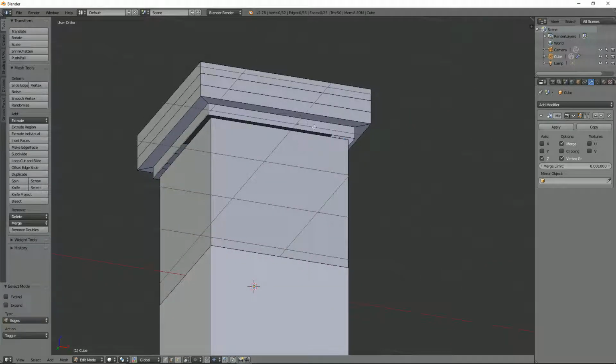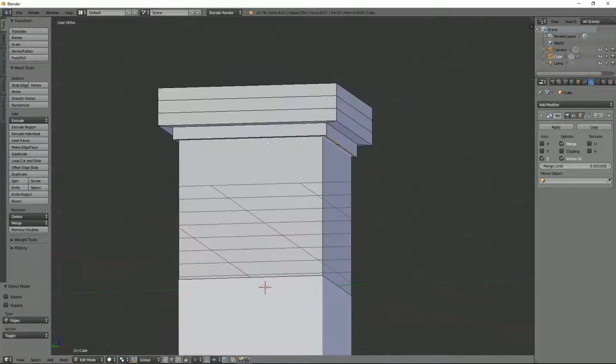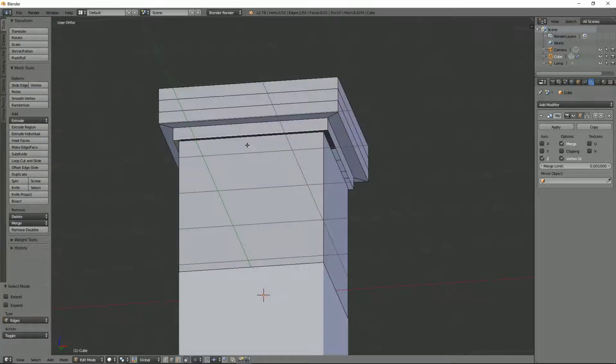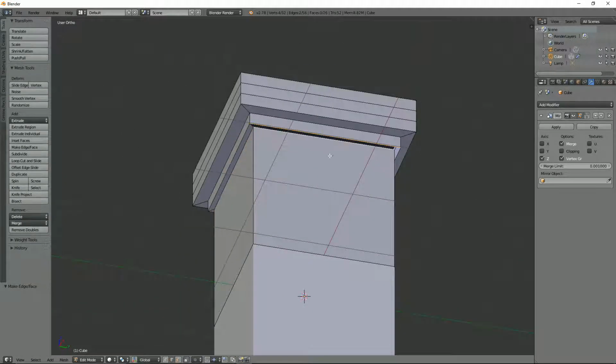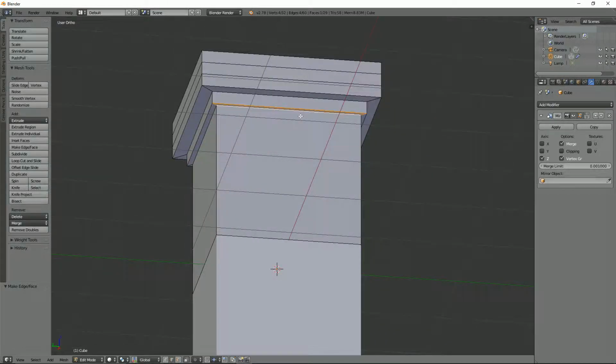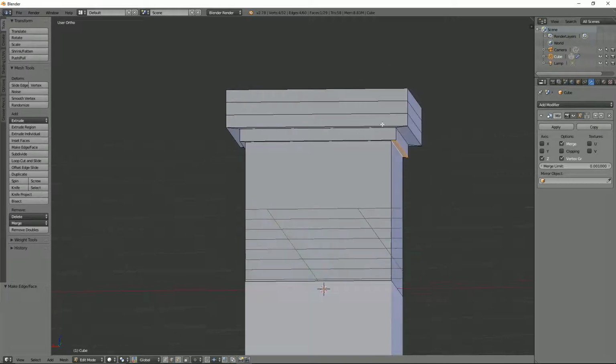Yeah, so now we need to just go around. It's a bit annoying this. I can see there's probably a much better way of doing this. Sorry. Press F and just join these guys up again. F and F. Alright, okay, so now we'll just grab Control Tab 3, grab this one, then E, right click, S,